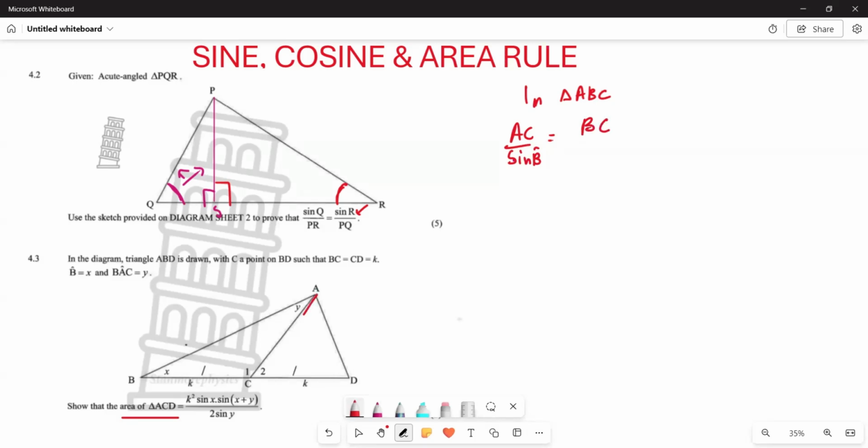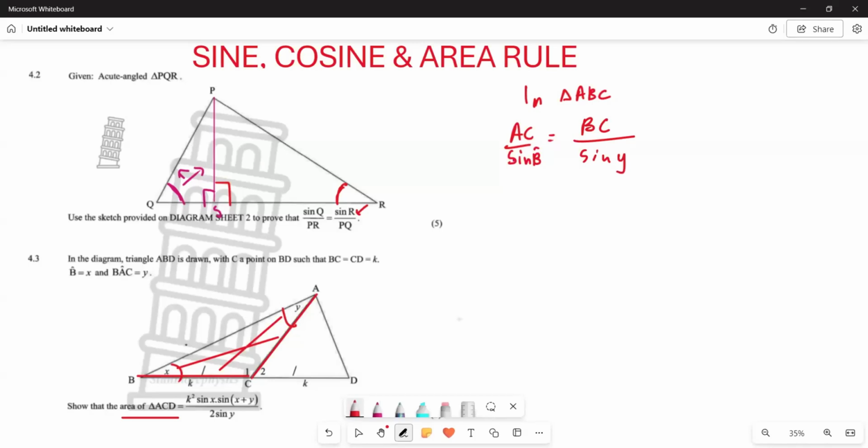I am saying this is going to be the same as AC over sine of B. Remember, what you need is an angle plus the corresponding opposite side. Now, when I'm looking at my BC, it is my K, which is this side, right? And what is going to be the angle that corresponds with this? It's going to be this particular angle, right? So what am I going to have here? This is going to be my sine of Y,